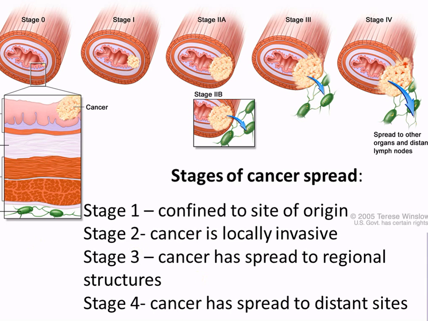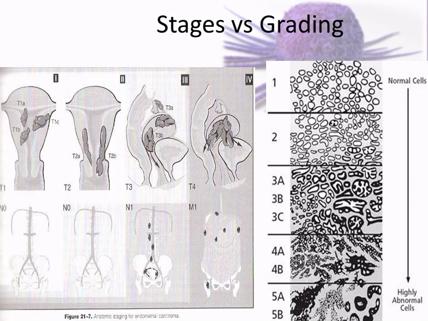And then if you get on to practice and they go into better details, they'll call it A, B, and all that rating. And that was stages. Stages is location, where things are at. Grading is how much change actually happened to the original cells. So when you're looking at grading, grading goes on this continuous scale. So stage number 1, and I'm not going to test you on it, what is 3A, 3B, or 3. Stage number 1, they look like a normal cell, that's the key. These look like the cells of origin. So if this were, let's say, a uterine tumor, okay, if it still looks like the original cells, then it's a grade 1.